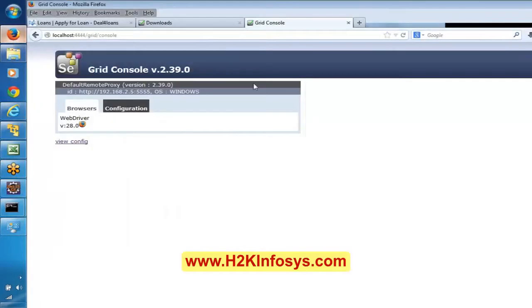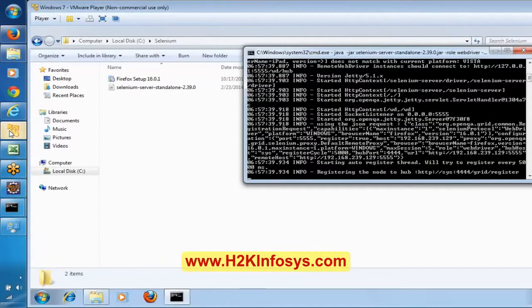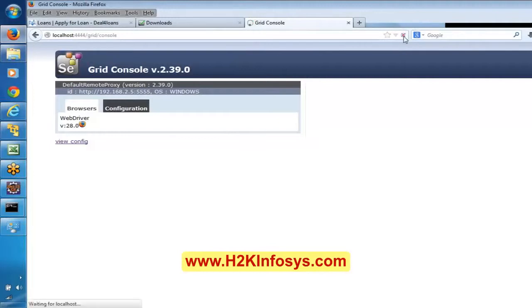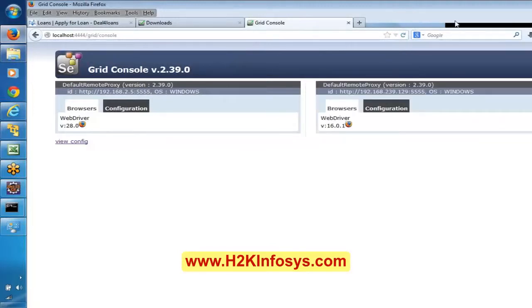Now if you go to this hub and refresh, it is registering the node. Yep, now it is registered. Let me refresh.